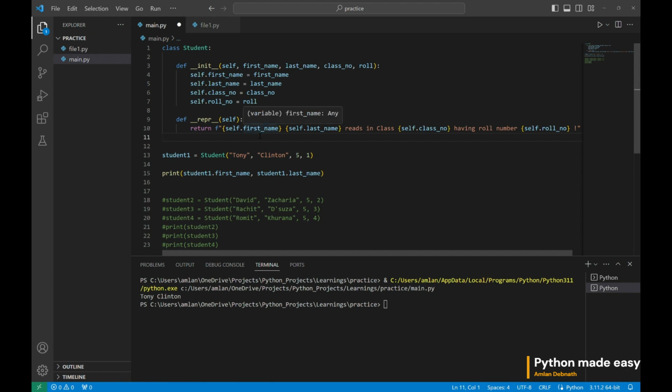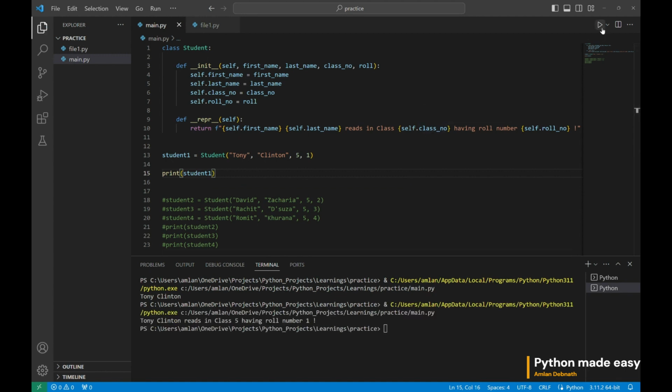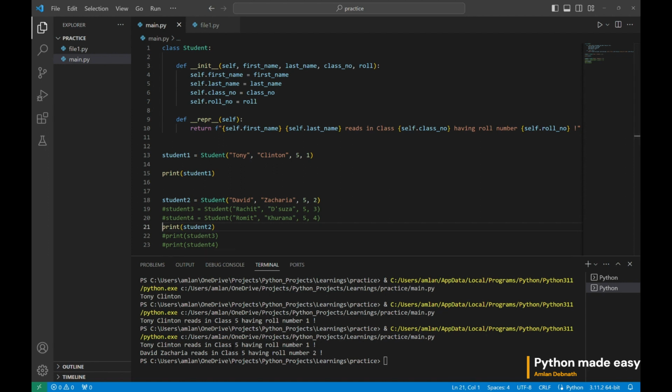So here we can see first name, last name reads in class and having roll number. So if I now call this variable just like others, we should be getting this line. See, Tony Clinton reads in class 5 having roll number 1. We can do the same for another variable, student 2. Tony Clinton reads in class 5 having roll number 1. David Zakaria reads in class 5 having roll number 2. Now,